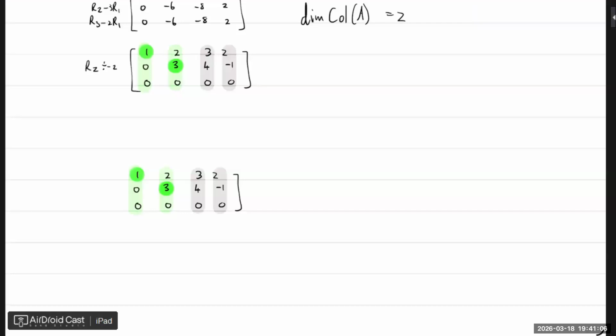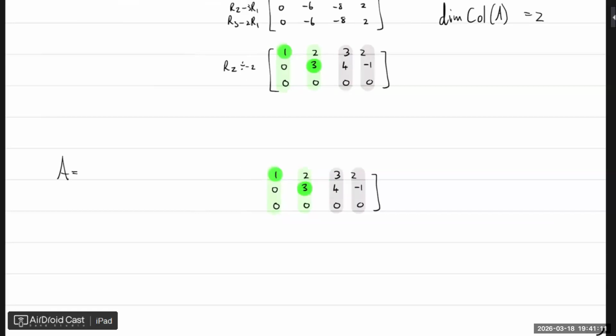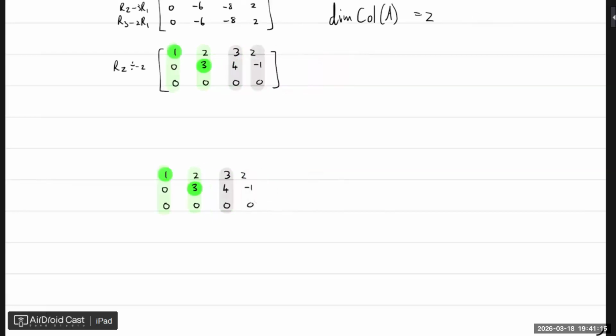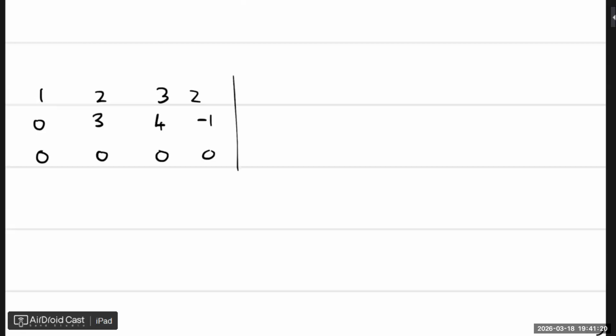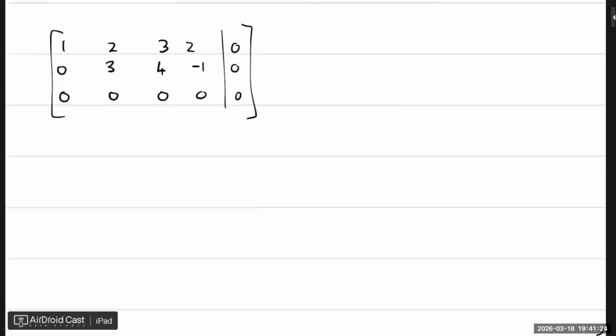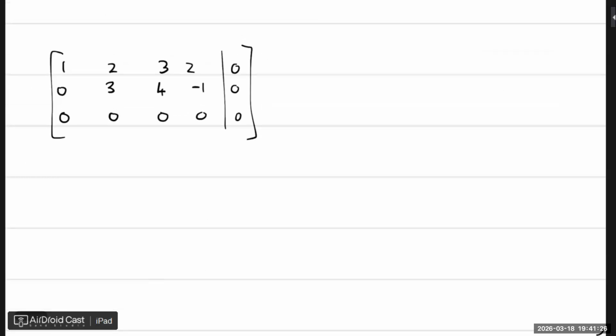So here we need to do some calculations. So we need to find the solution of Ax equals 0. So let's see, we are already almost done. So if we just equate it to 0 from the beginning, we will have this. Then what is free? We already said those two are free. Now let's say it was X, Y, Z, and T, for instance. Then Z and T are all free.